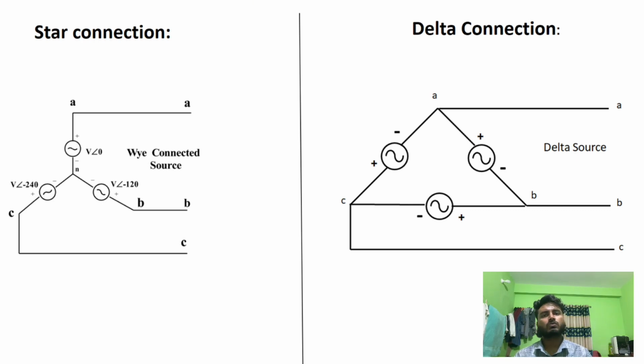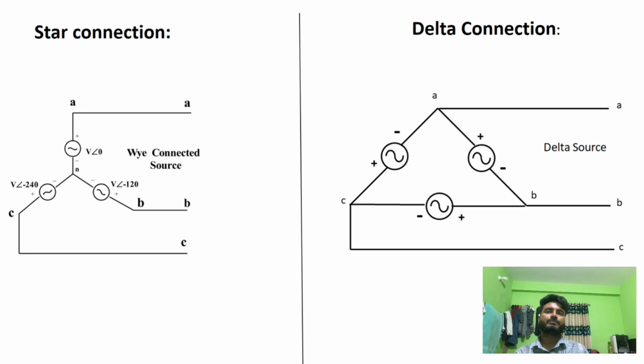It provides two types of voltage: line voltage and phase voltage. Line voltage is the voltage between any two line terminals. Phase voltage is the voltage between a line terminal and the neutral. Relationship: line voltage equals √3 times phase voltage. A neutral point is available for grounding and for carrying unbalanced loads. The phase currents are equal to the line currents.